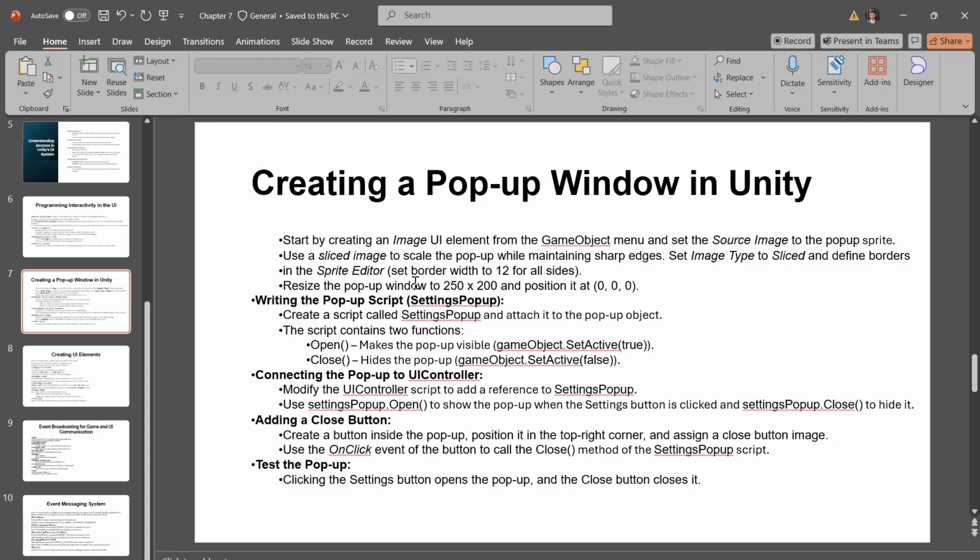Next, we need to understand the sliced image. A pop-up window needs to be resizable without losing image quality around the edges. To achieve this, we use a technique called sliced images. This splits the image into 9 sections, which is 4 corners, four edges and a center. In the inspector, there's a setting called image type. By default, this is set to simple, which stretches the image. For a pop-up, you change this to